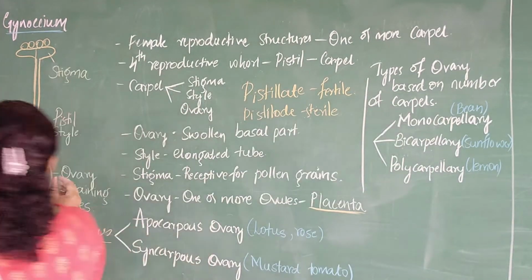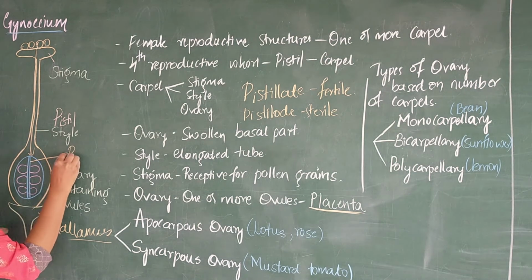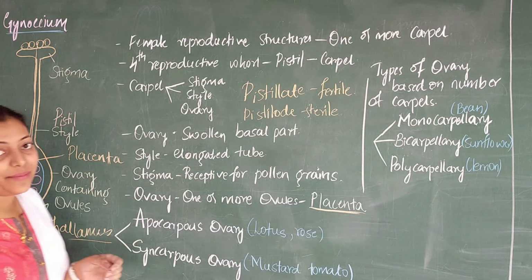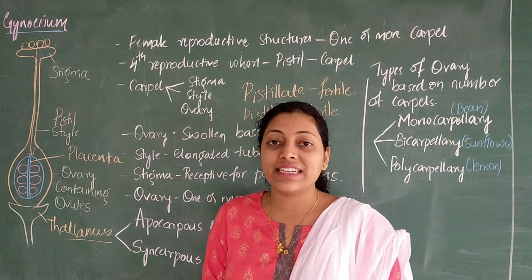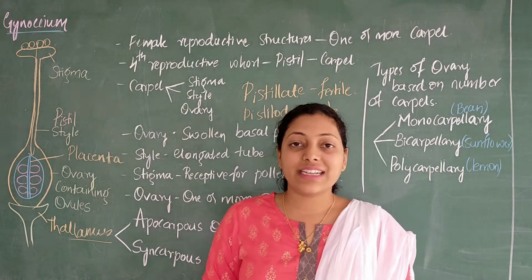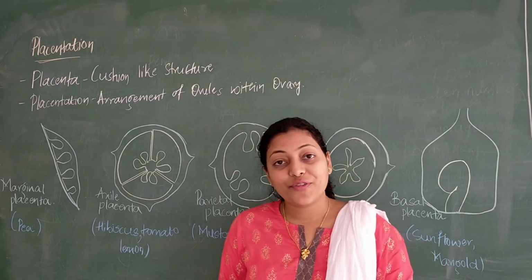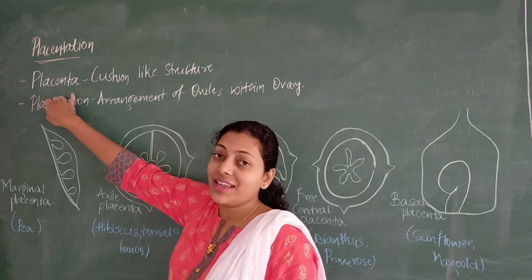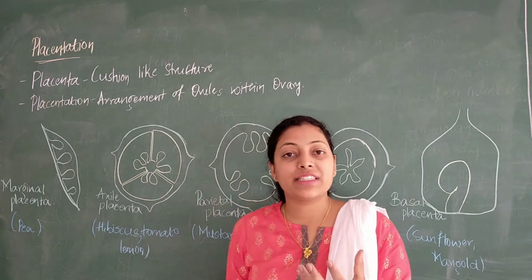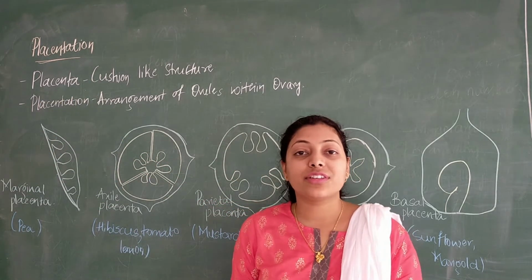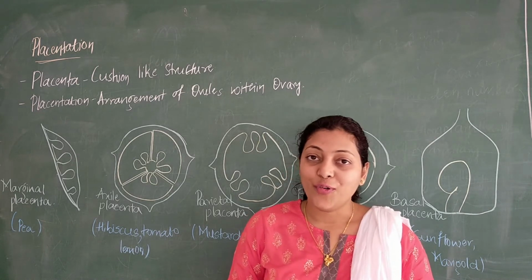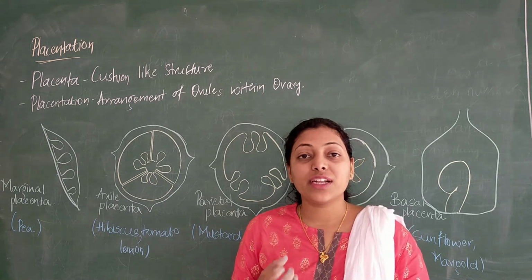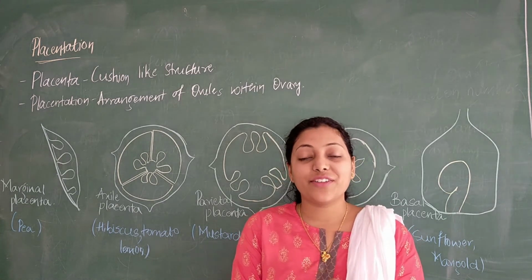Okay, this bluish region in the center, you can call it the placenta. Okay, I'll be telling you about the placenta in detail in my further video. Just stay connected with me. Yes. So we heard the word placenta. Okay. So I have told you placenta is nothing but a cushion-like arrangement for the ovules. Okay, a soft spongy arrangement so that ovules are placed very freely.